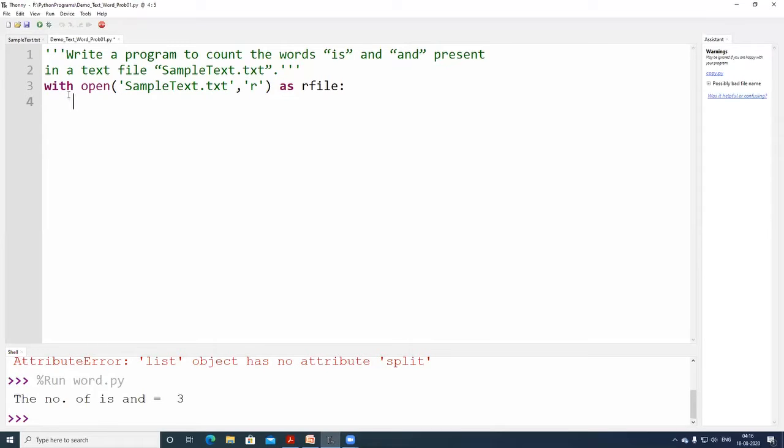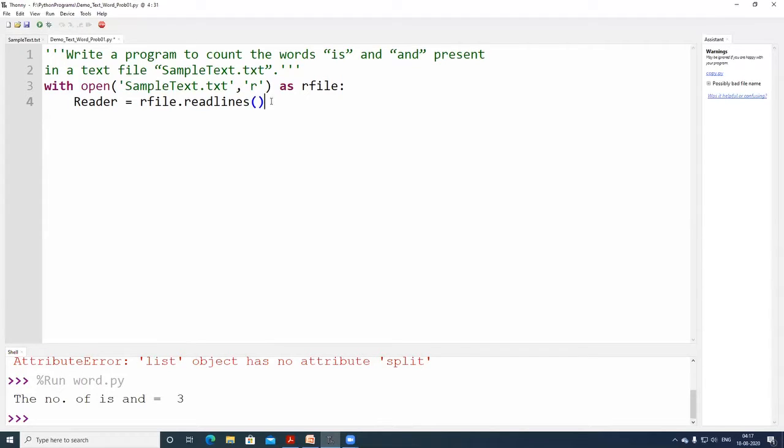First of all, I am having an object reader equal to R file dot readlines. As you know, the readlines method reads all the content. Now all the content is present in reader. Again I repeat, all the content is present in reader. You are going to read line by line.